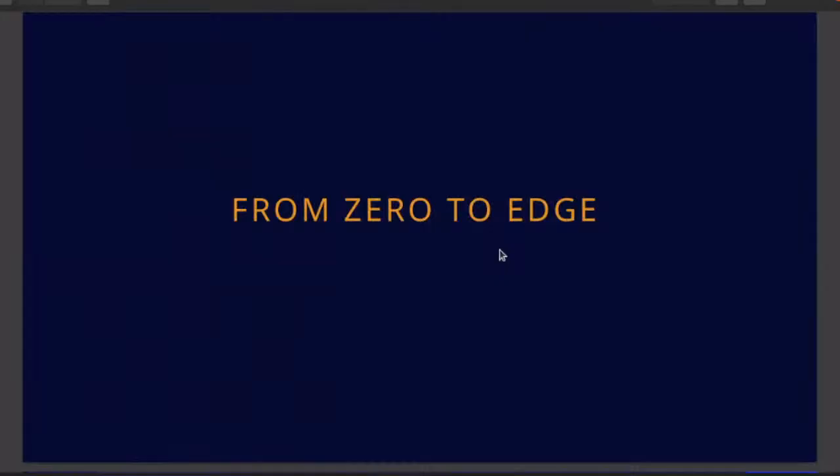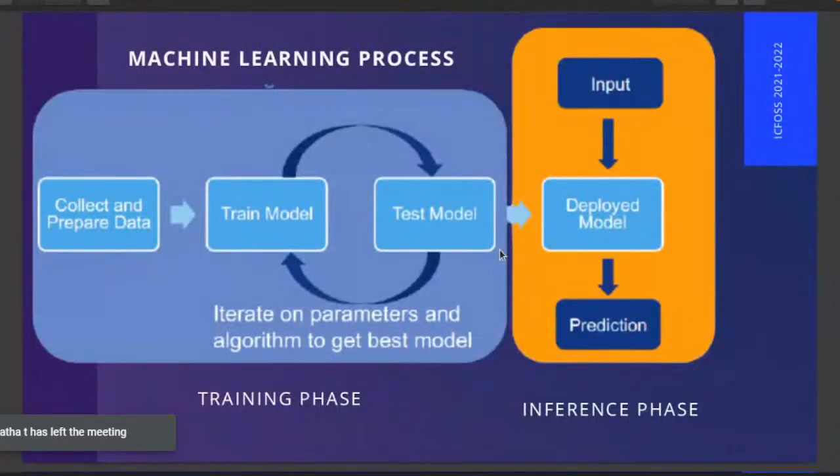So we need to create an edge device. That's our aim today. We need to create an edge device and work out your data with the edge. What is an edge device? We already know that the data is present in the device, which analyzes it and gives a decision depending on the input data.